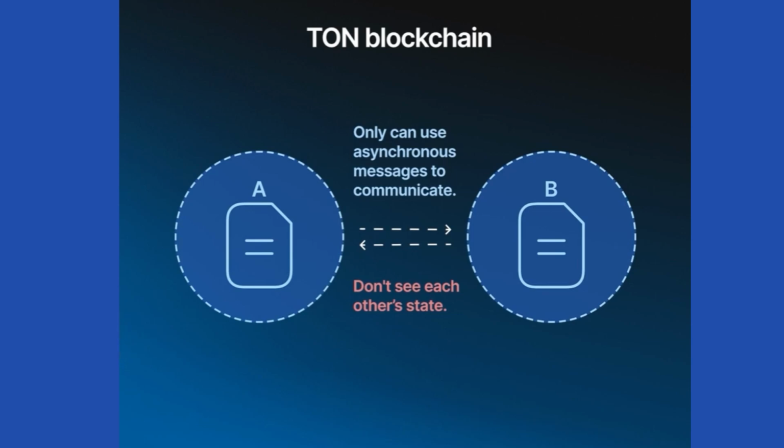So in Ton, just like in Ethereum, you have individual accounts that have their own state, but you add the limitation. You say that the contracts are not allowed to see the global state. They can only see their own state. And the only way that they can communicate with other contracts would be asynchronous message passing. So the complicated rules of the network will take care of routing the message, and sometimes it may take multiple hops. But in principle, at no point in time, no party in the network would have to see the entirety